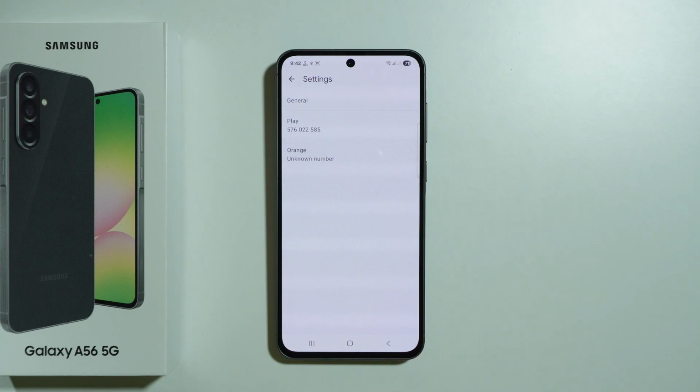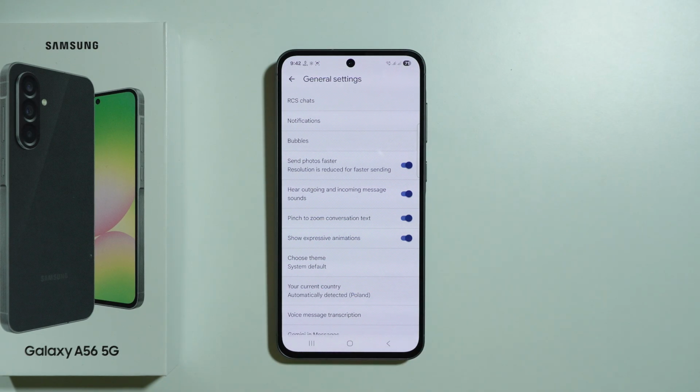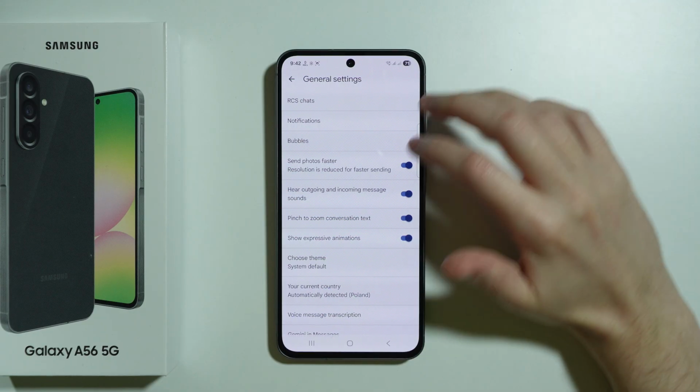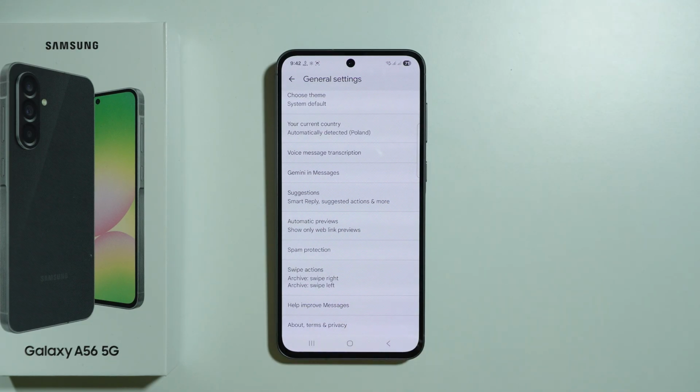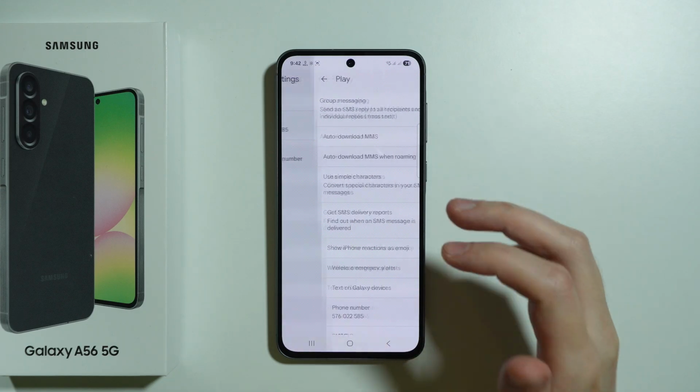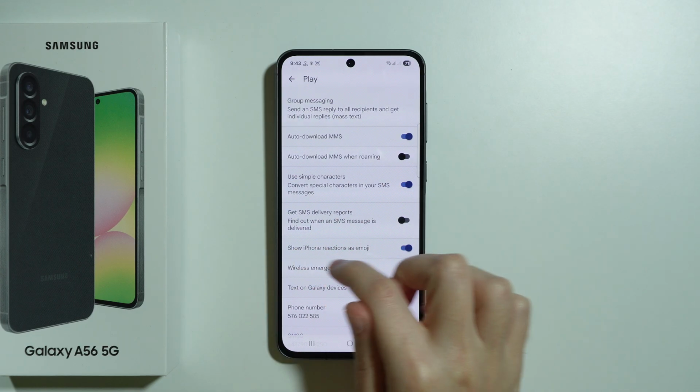Now, if you have just one SIM card, then most likely you have something like this. And if you have these settings first, then you need to scroll down and find Advanced Settings or something similar to that, which should be somewhere close to the bottom of these settings. And if you go to these advanced settings, then you should be able to find these settings over here, where you can also find the